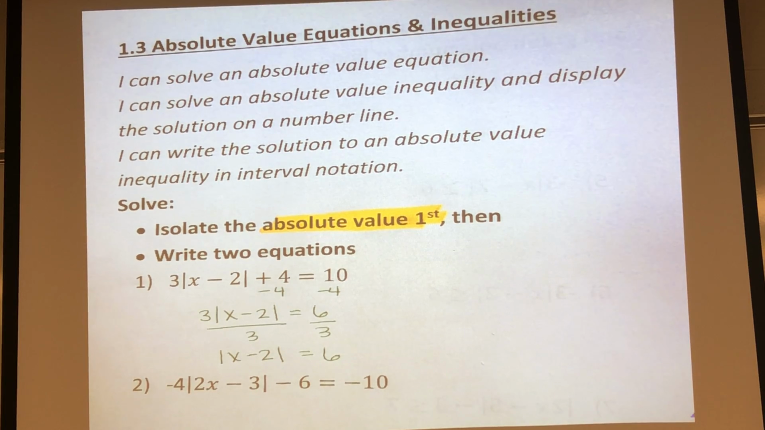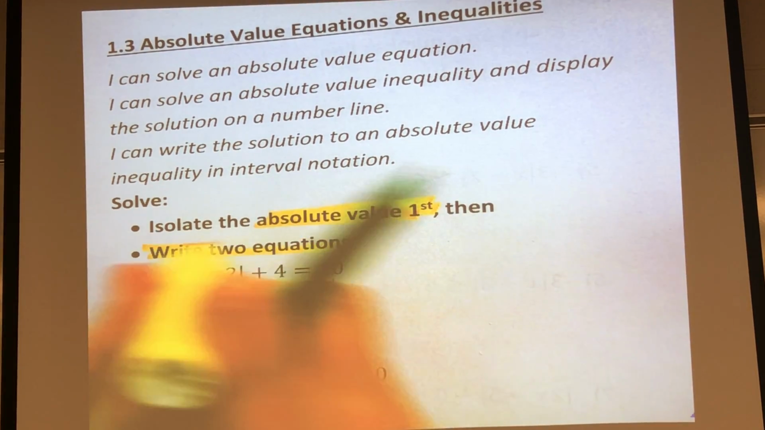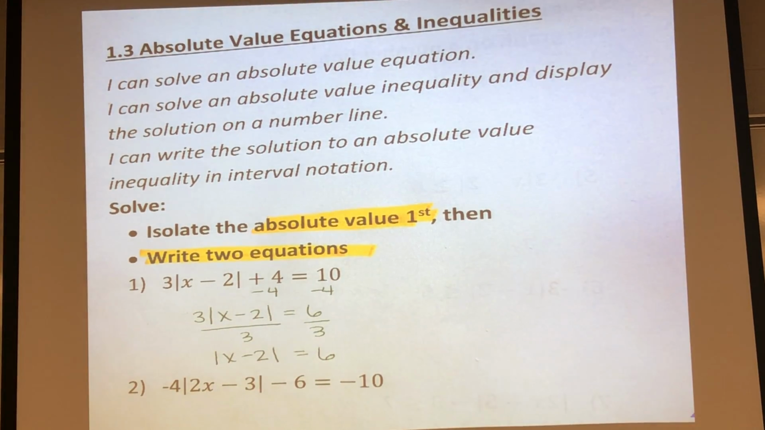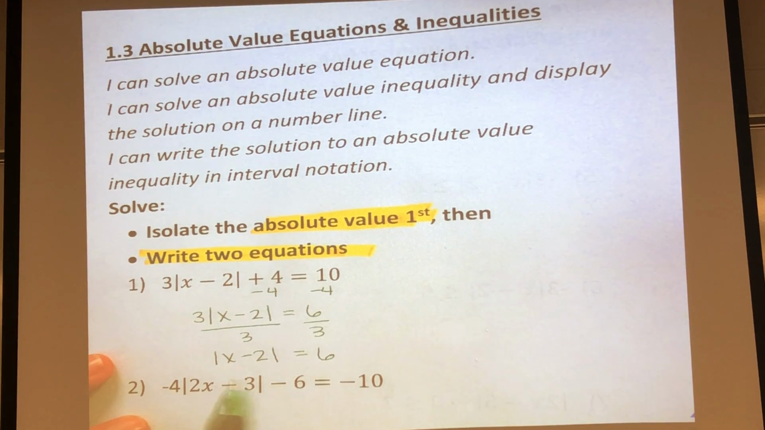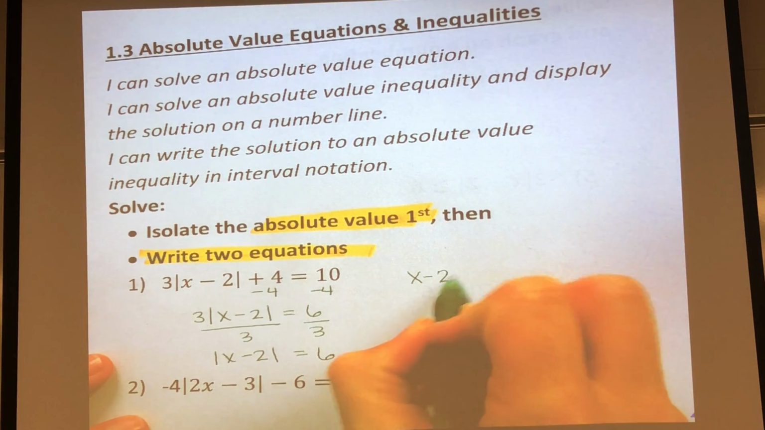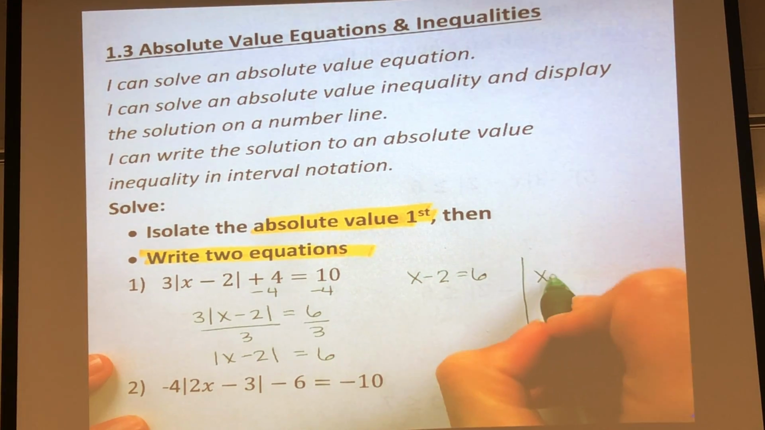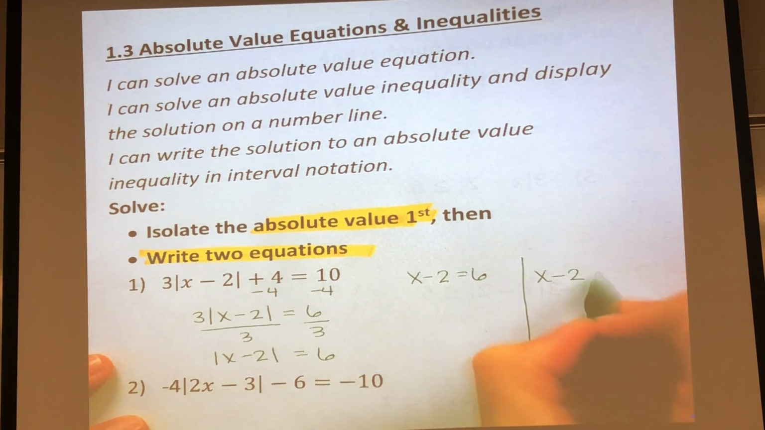Now after we isolate or get the absolute value completely by itself, then we're going to write two equations. So step 2 is to write two equations. This part in here is called the argument. So we take the argument, x minus 2 equals 6. Then our second equation is also x minus 2, that's the same each time, but it's going to equal, oh